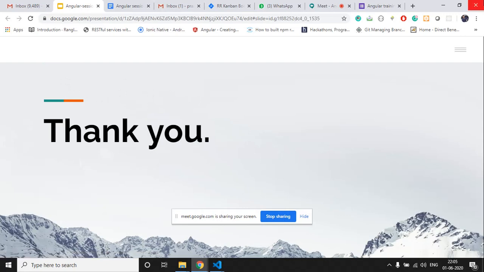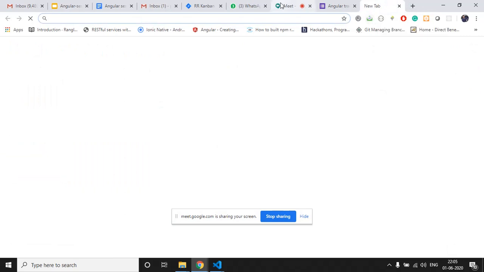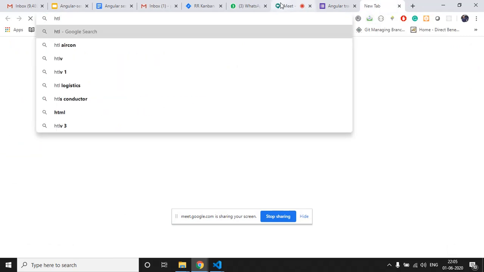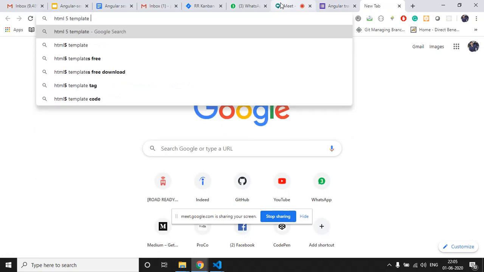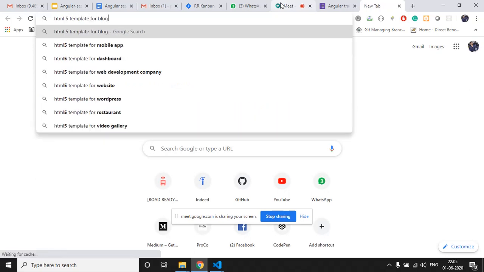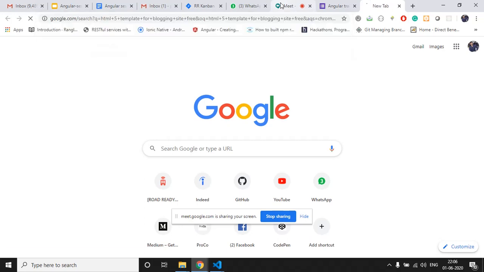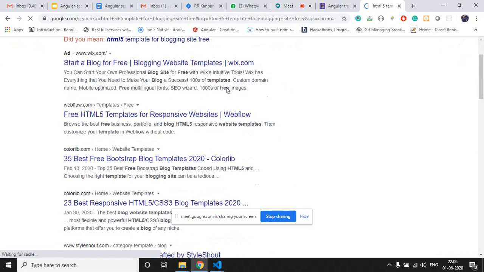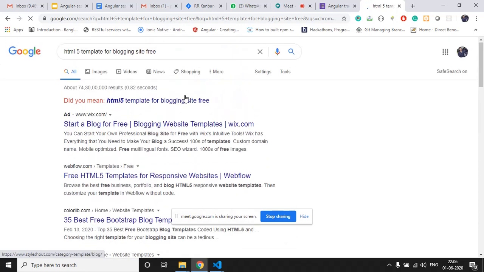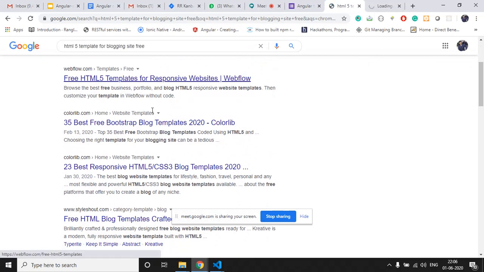First of all, we will go to our browser and search for an HTML5 template for a blogging site. There are multiple options available, so we can just explore here.